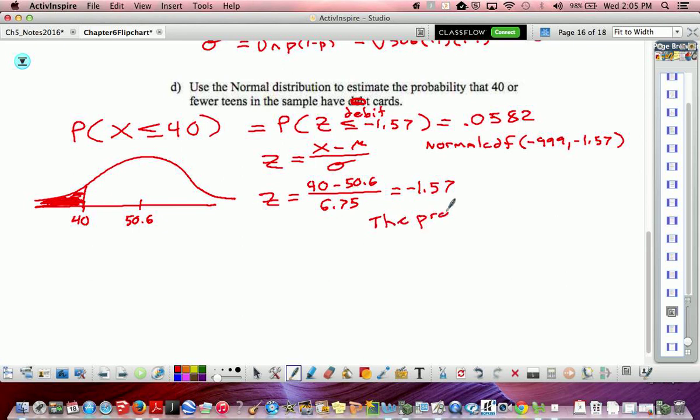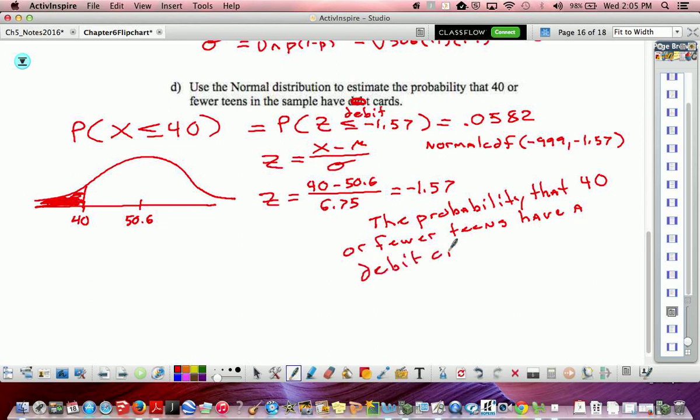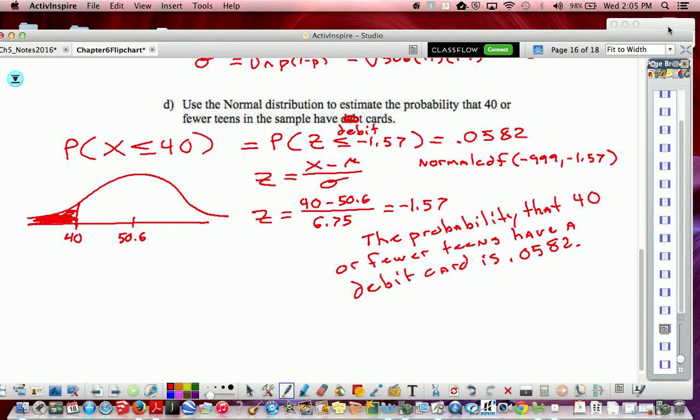The probability that 40 or fewer teens have a debit card is 0.0582. The one thing about this particular problem that I do find interesting